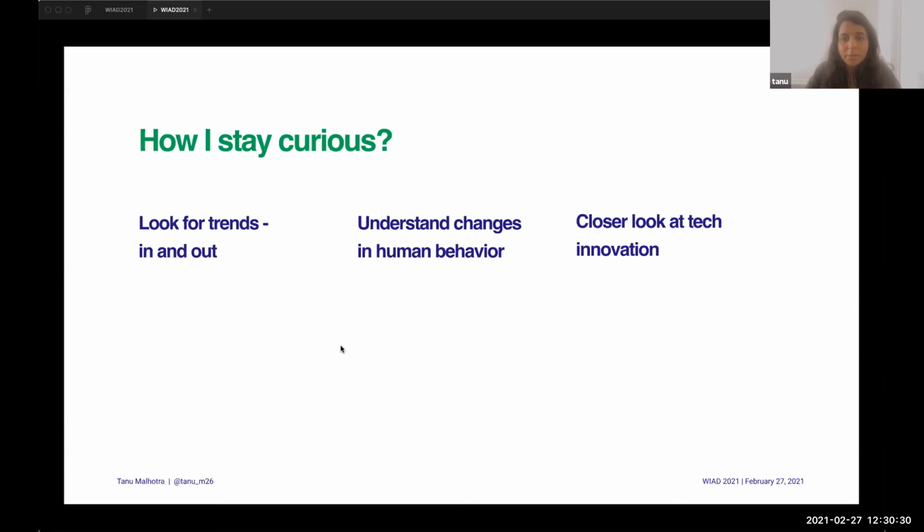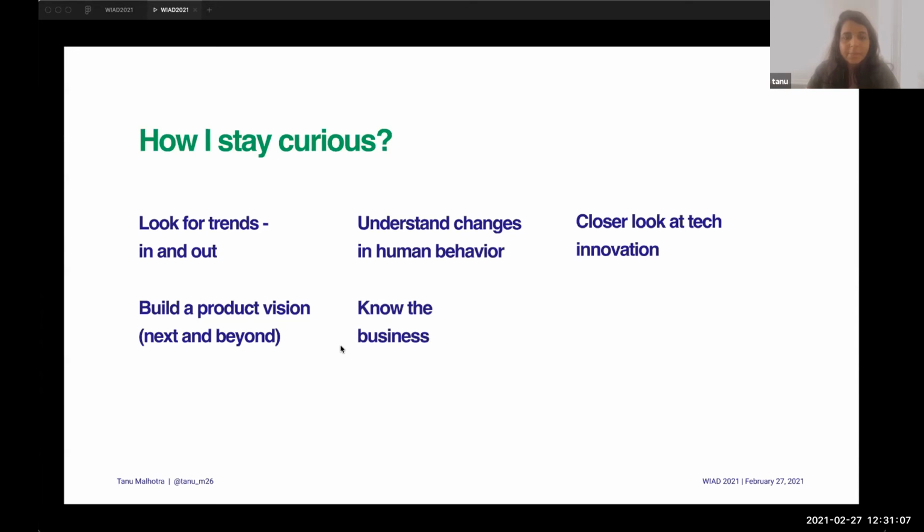Also, a closer look at the tech or innovation is very important, because that is where you would really understand what is the context and how that would be evolving in the future. So really having foresightedness towards these bits is also very important. I also try to, when I'm working on my projects, build a product vision. So it's not just solving a problem at hand, but also thinking of what could be tackled in the next years and maybe beyond as the technology advances.